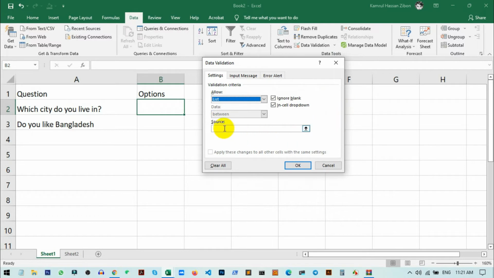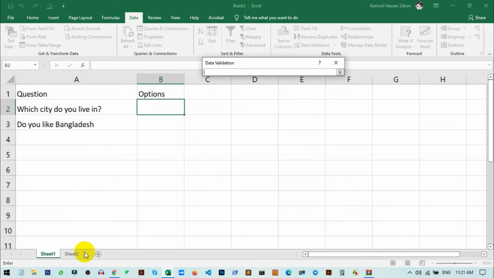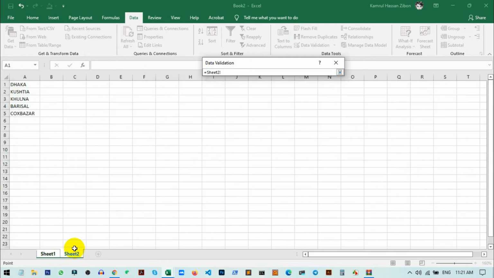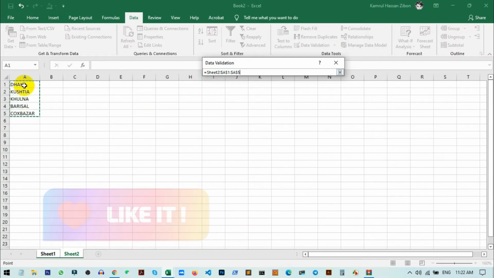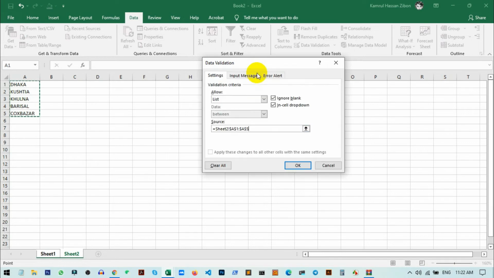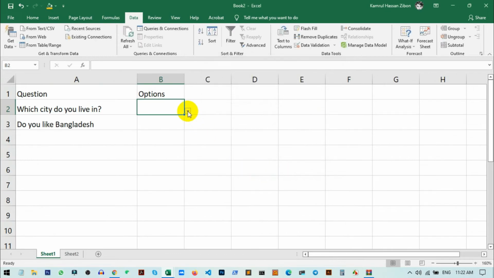Now we need to define the source, I mean which data we are going to use inside this list. For my example, I click on this icon, and it will come here. Now go to your next sheet that you want to include the data from, and select all the cells that you want to include as an option. As you can see, when you select it, it will automatically update all the details. Now once you are done, you press Enter on your keyboard, and it will automatically come to your source. That's it. Now if I press OK,